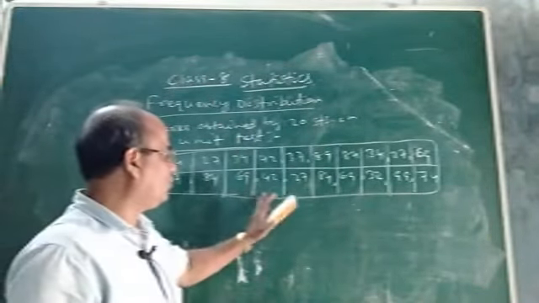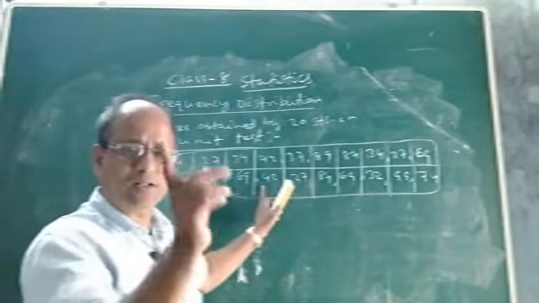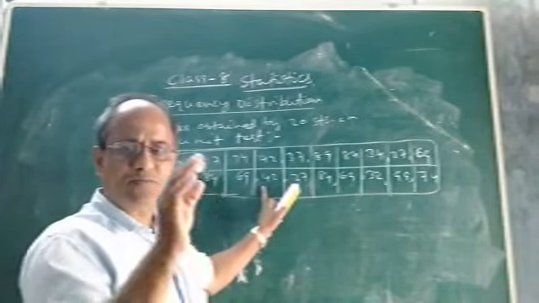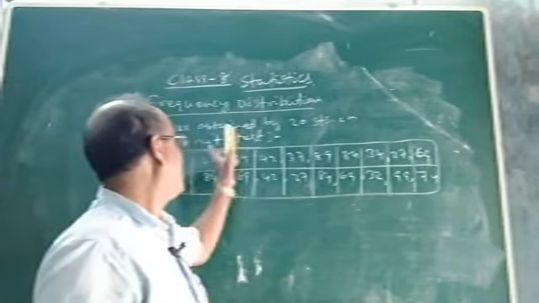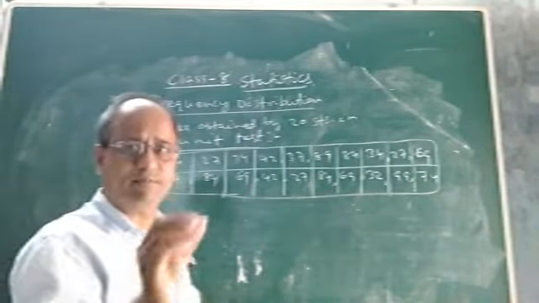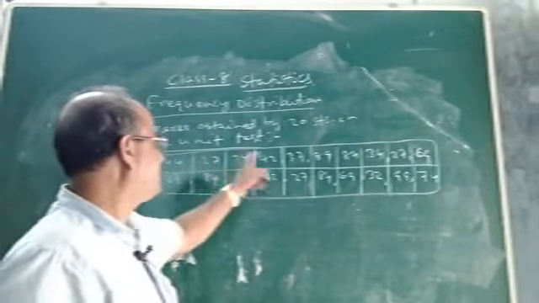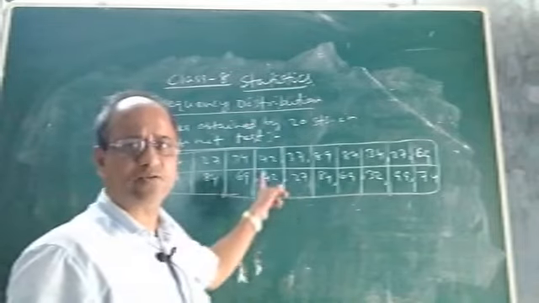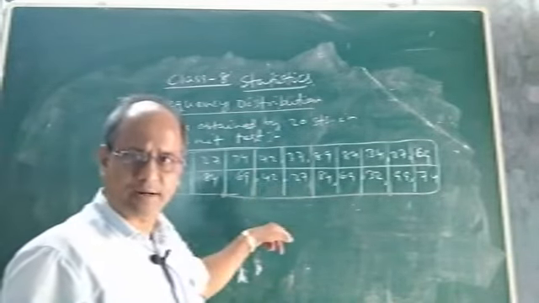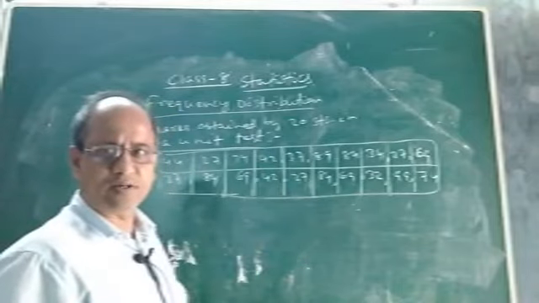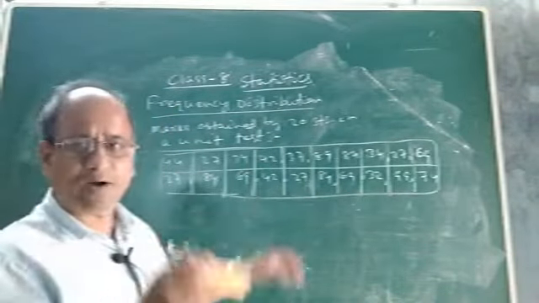So how to prepare it along with the tally marks? Tally marks are a must while constructing your frequency distribution table. Tally mark is a must. See, if these are the marks obtained by 20 students in a particular exam out of 100, how will we represent this information by means of a frequency distribution table? For that, what will you do?